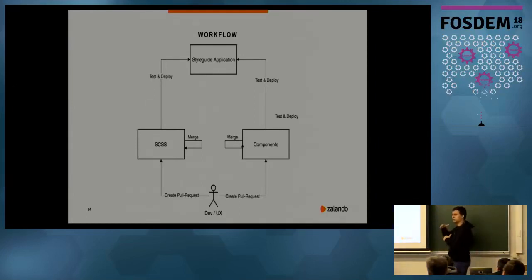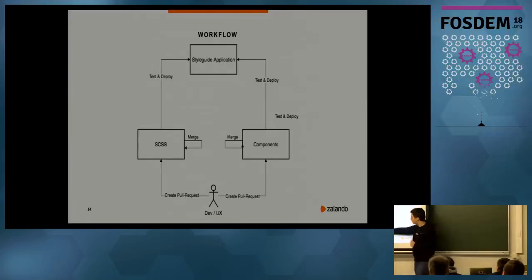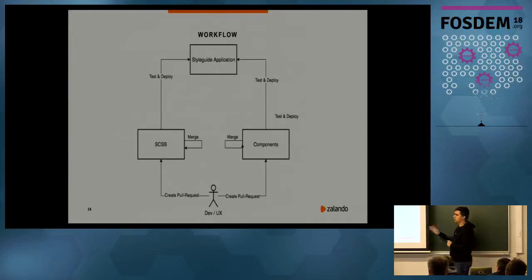For us, it was important that the state of the library, the repositories, should be mirrored immediately in the Styleguide application, so instead of having different forks and different states. The only review process we have here is really the pull request. Whenever you have a pull request,